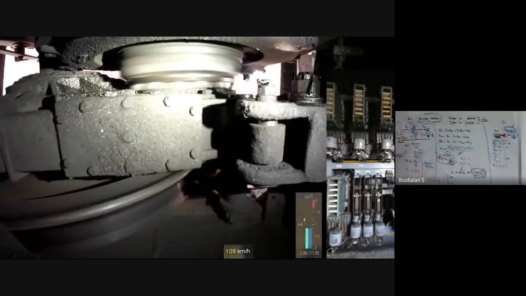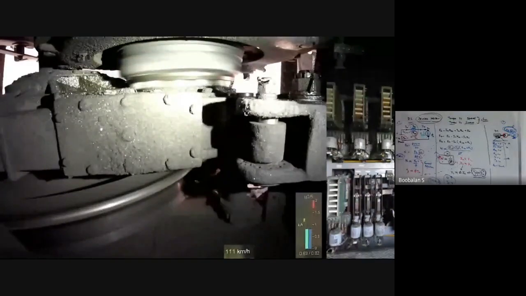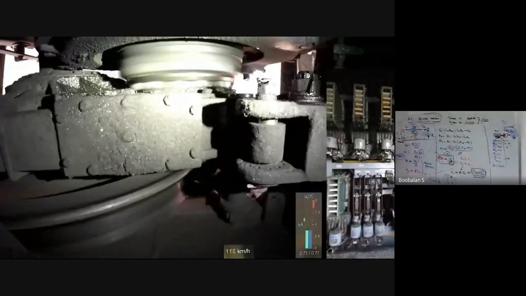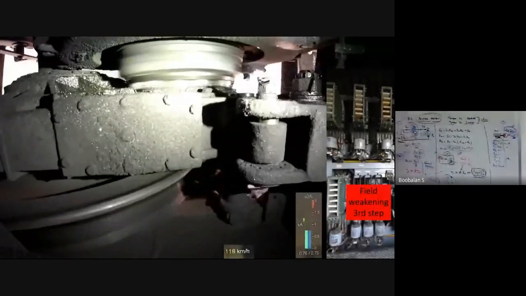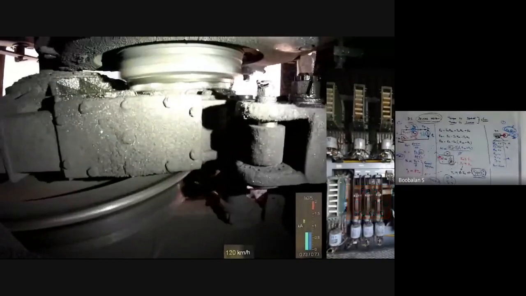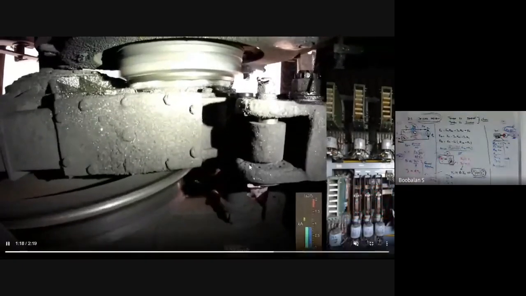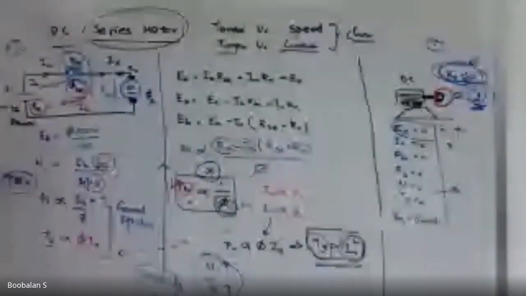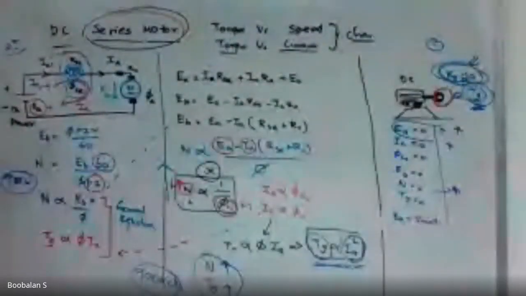So when the current increases, the flux is going to increase, so speed is inversely proportional to flux, and the speed goes down. If the current is getting down, the flux introduced is very low, speed is inversely proportional, and the speed is very high. Right. So this is the application of a DC series motor, right? So I'm just going to stop it. So now it should be clear. You could see, in industry, if anyone asks a question, you could tell this.